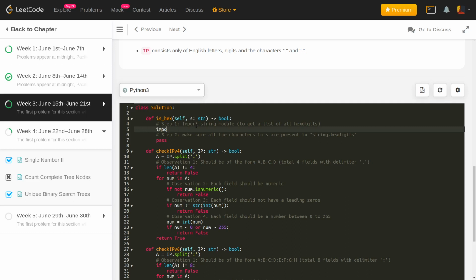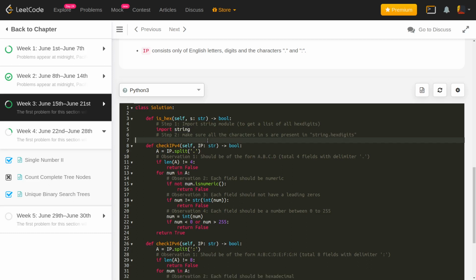Okay, so the first step here is to import the string library. So you just do import string here, and in this string library there is something called string.hexdigits, which contains all the hexadecimal digits, be it the capital letters or the small letters.